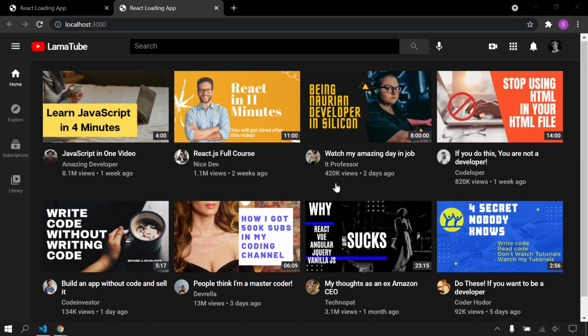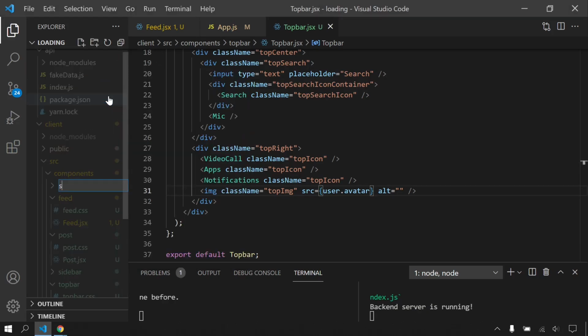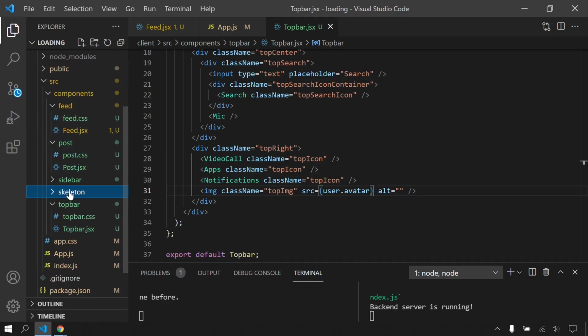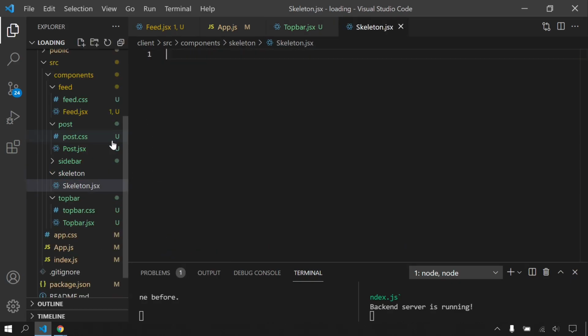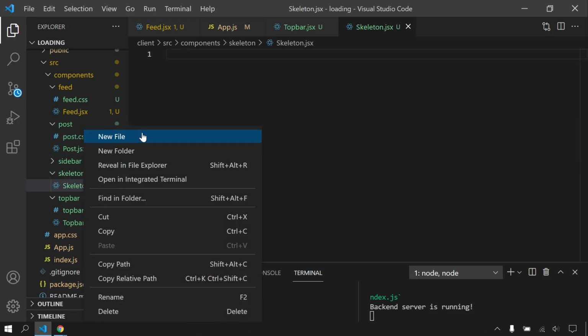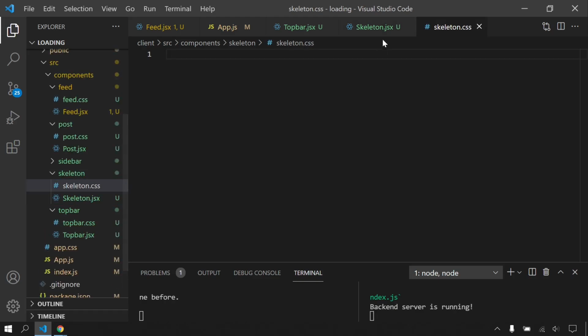Right now we can create our skeleton animations. To do that, I'm gonna create again another component, and it's gonna be skeleton. And my JSX file. And my CSS file. Let's create our function.